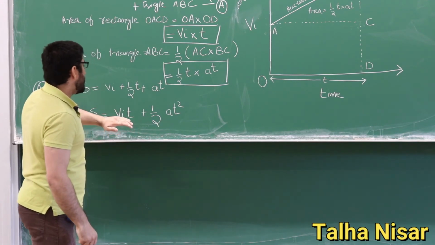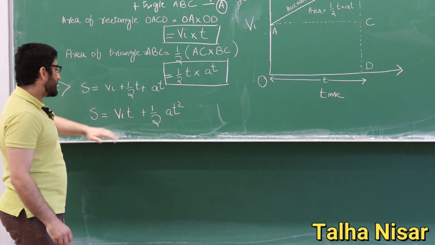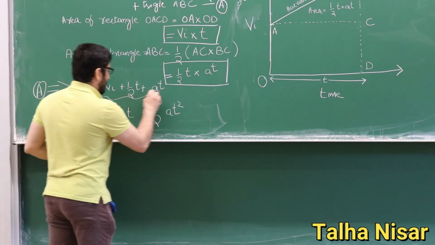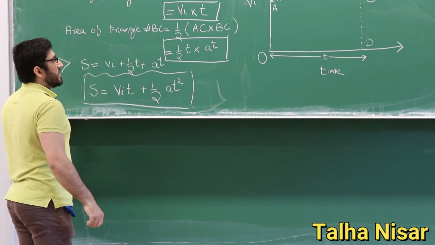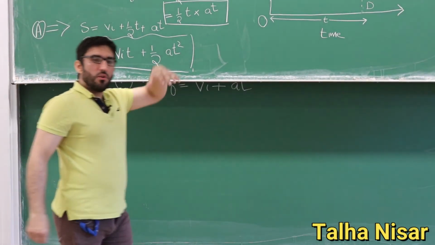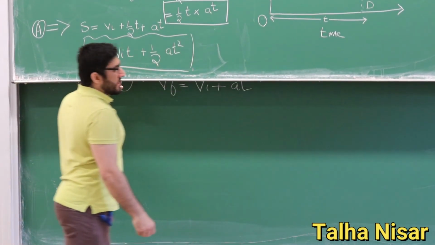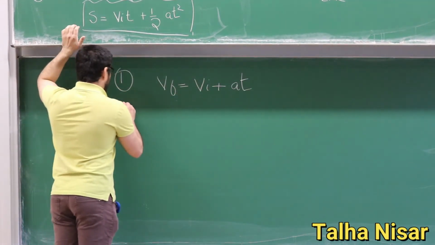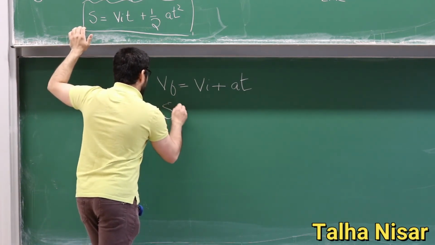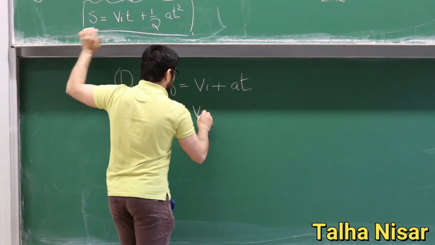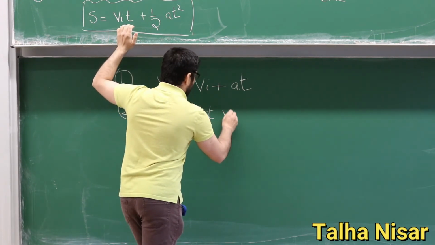And then we have here the distance covered is this equation here, which is the second equation of motion. We just derived the first two equations based on that figure. Now we need to write here. So we have first derived the first equation, and now we have distance covered S is equal to V_i T, initial velocity multiplied by T, time covered,